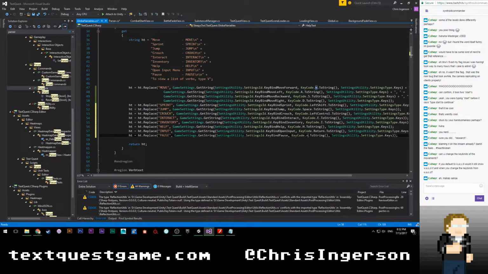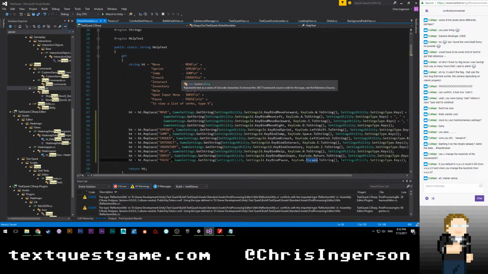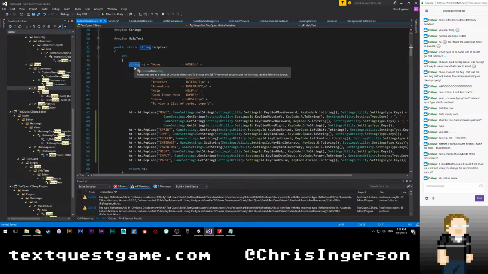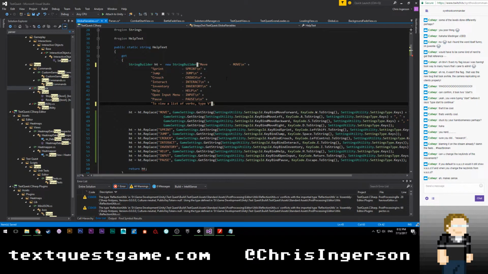And before we're done, I am actually going to come up here. Oh, good, I am doing system.txt. So this is going to be a string builder. New string builder. There we go. And also, just so you're aware, these strings had to be carefully spaced out like this because they need to properly line up and do all that fun stuff. In any case, all of this should be fine, and then I can just say ht.toString at the bottom.